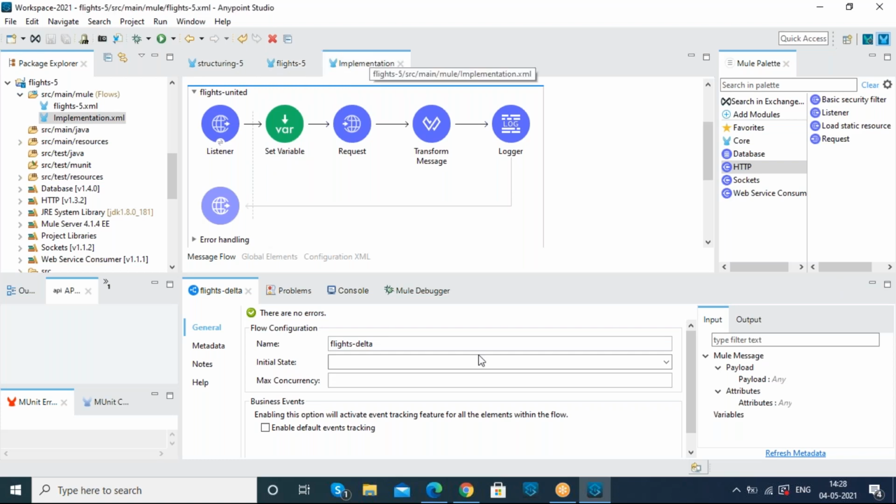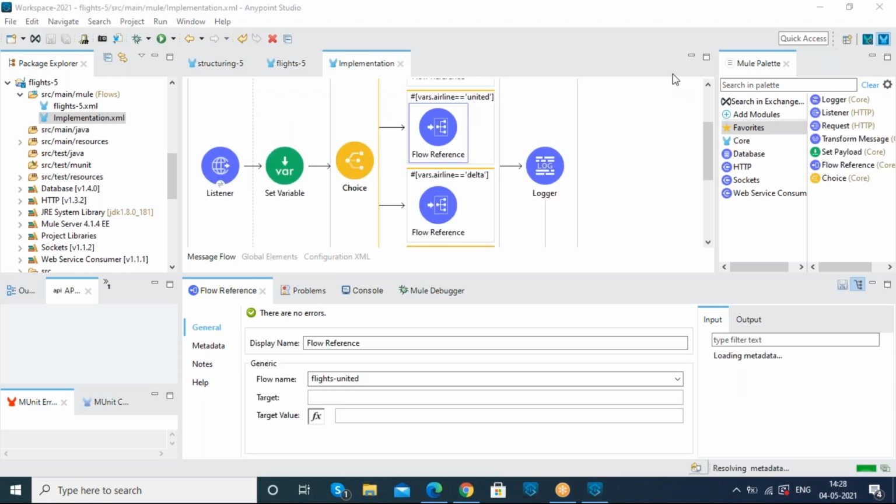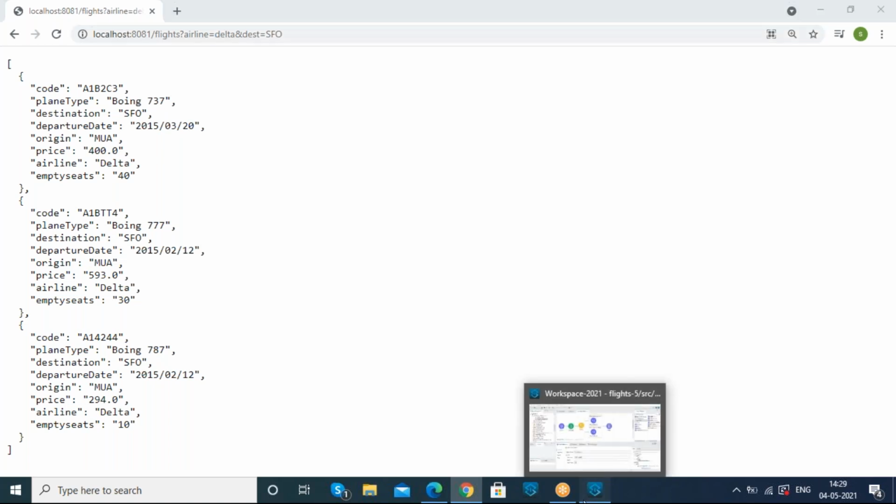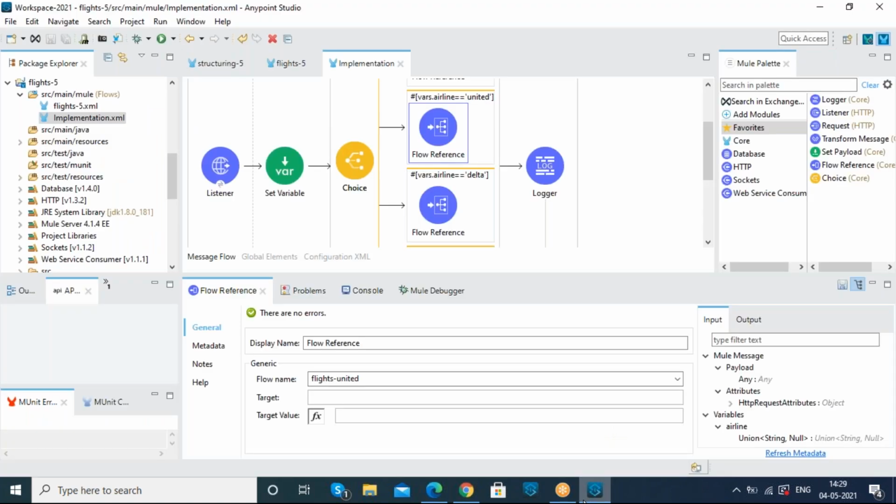So guys, if you're not having any doubts, whenever we are calling it according to the airline name, we are only able to get one airline as our response. But in a real-time scenario, if I am just typing the destination parameter, I need to get the total flight details which are available, either American airline, United Airline, or any other airline. I just want to fetch the total data. So what I want to do now is combine all these three APIs and get it as our response.